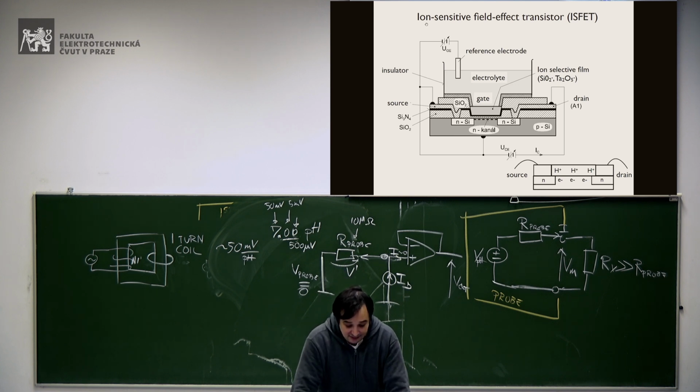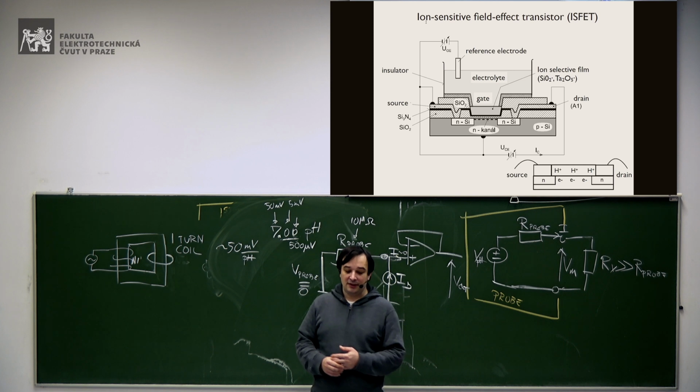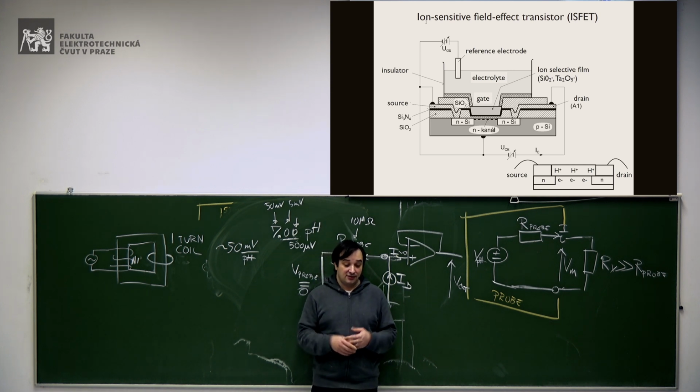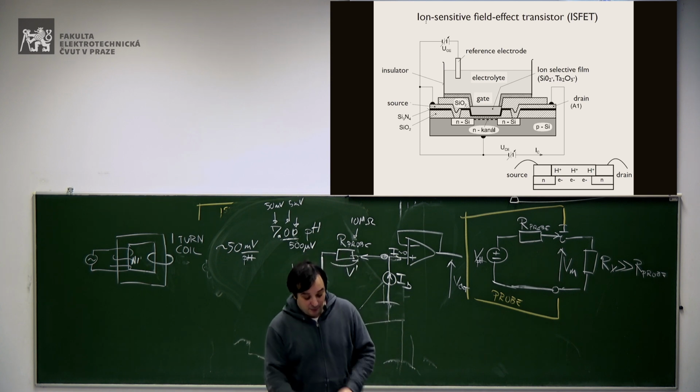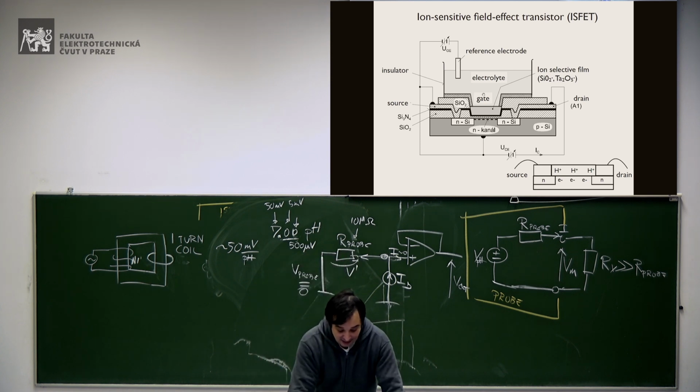Our ion-sensitive field effect transistor. It's a field effect transistor, as usual, but in this case, we create the channel for the electrons to go from source to drain. So this structure may be overcomplicated. Just think about this. You have the source, your drain with the contacts, and you want, of course, to create a channel for the current to go from source to drain.